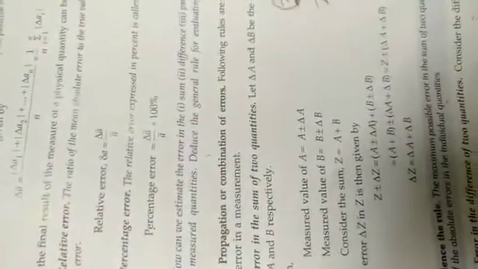We have done the relative error, percentage error, and absolute error. But now we have simple calculations, like when we add or subtract the terms, what happens to the new term. The first case is propagation or combination of errors. Combination of errors means first we have the sum of two physical quantities. Suppose we have a and b values. In a we have a plus minus delta a, which means some error is there. In b we have b plus minus delta b, we have some error in b.